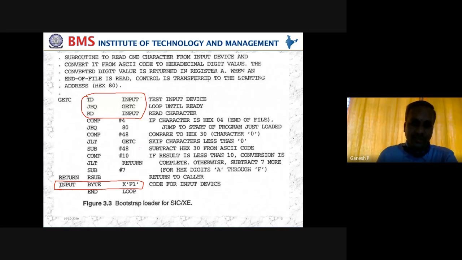We are not interested in them. So first we are comparing with 4. 4 means end of text, whether we have reached the end of the program. If you have reached the end of the program, that means the entire operating system is already copied. Now we are only left with